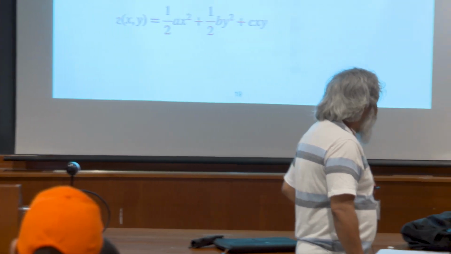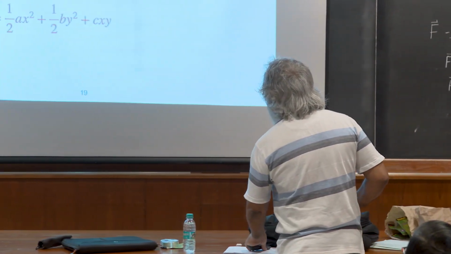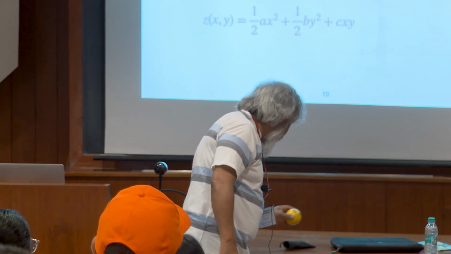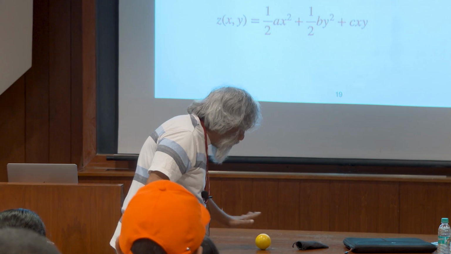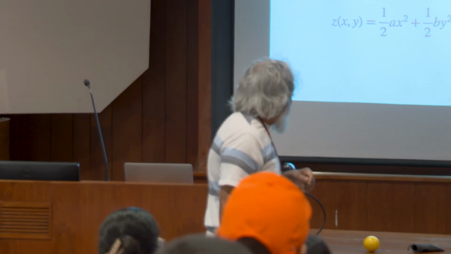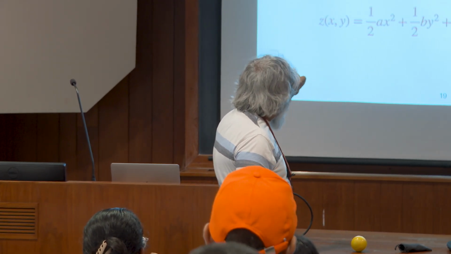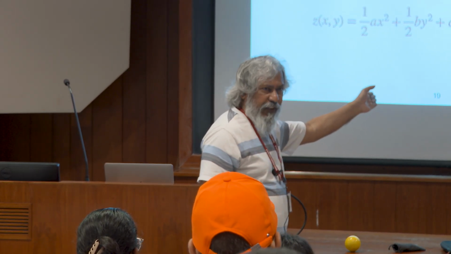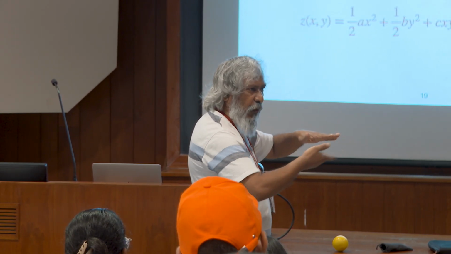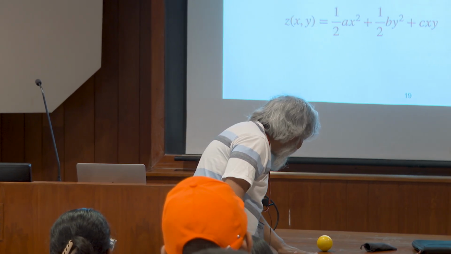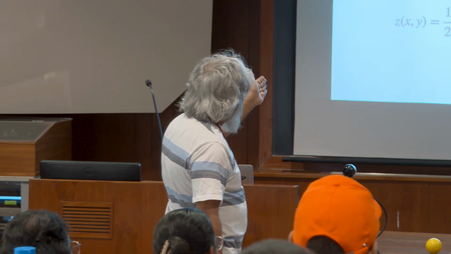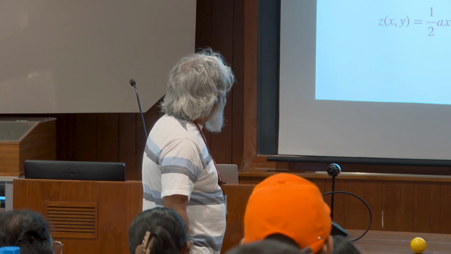Okay. So what I can do is take the ball and keep it on the table, and take the table as my XY plane and Z as the Z axis normal to it. Then, to a first approximation, I can write Z of XY like this. It's a Taylor expansion. There are no linear terms because the table is flat. Z does not rise with X or Y. I've chosen the tangent space to be the XY plane. And as a result, Z of XY can be expanded like this, where A, B, and C are coefficients.